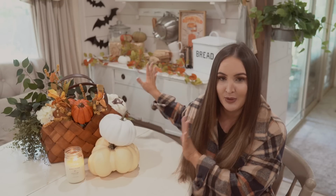My plan for the breakfast nook is to turn it into like a hot cocoa bar. And I've never done that for fall or Halloween, so I'm really excited. I've actually never done any holiday, well, spring, because this is brand new to me. We just did this in the springtime, and so I'm really excited to kind of turn this into a hot cocoa bar. But like I said, I've never done a hot chocolate bar for fall,